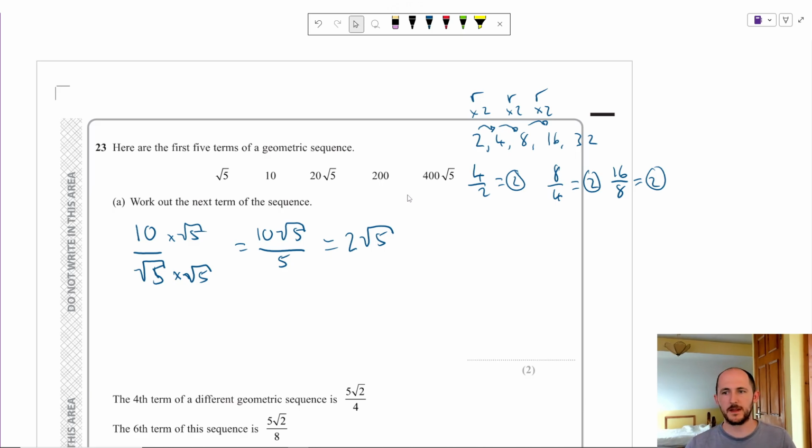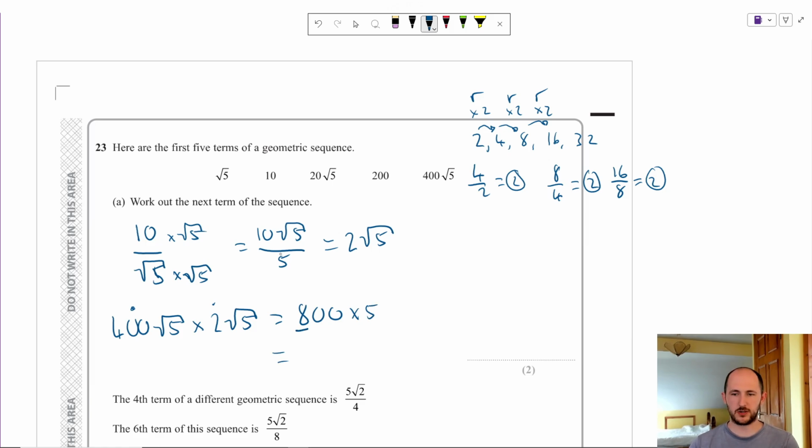That's harder to spot. So if I want the next term, I need to do 400 root 5 times by 2 root 5. So 400 root 5 times 2 root 5. I'm going to start by doing the 400 times 2, which gives me 800. Root 5 times root 5, well, I actually did that already over here. That would be square root 25, which is 5. So now we have 800 times 5. I would then just do 8 times 5, which is 40, and then add on the 2 extra zeros. So the answer is